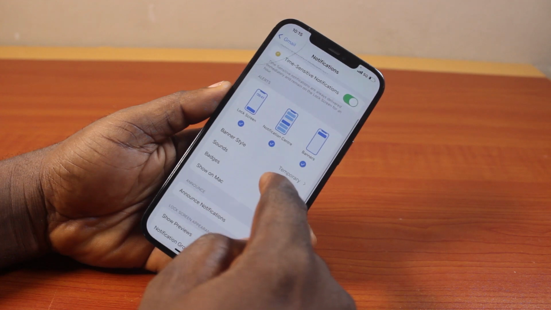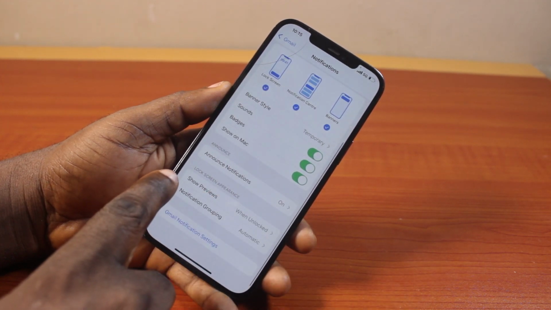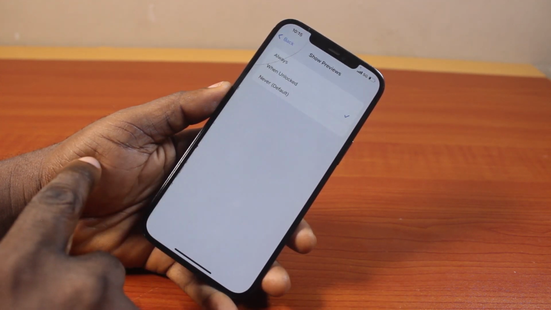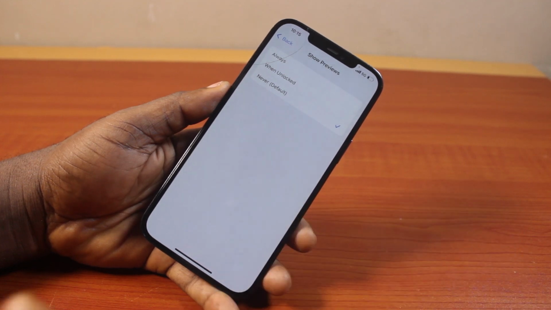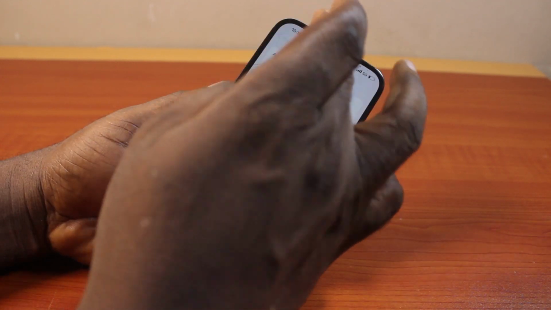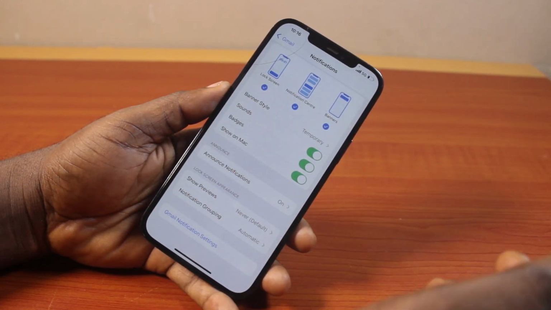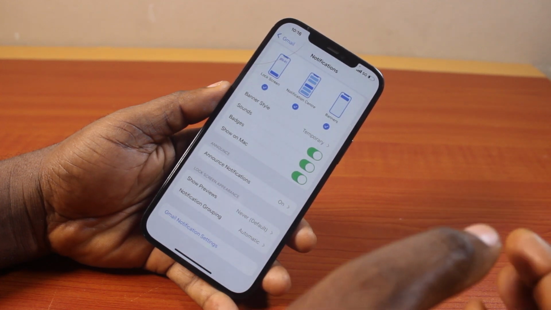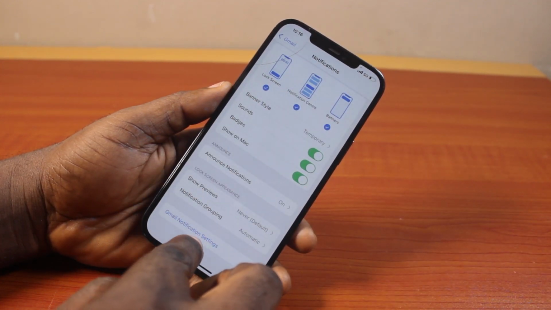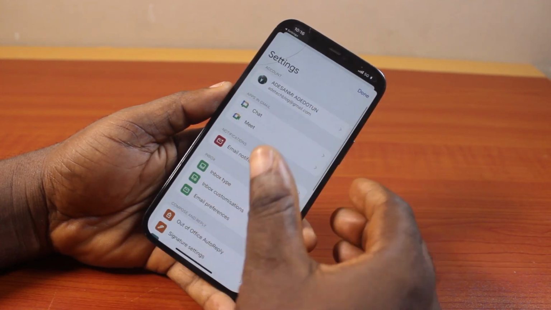Then the banner. Now scroll down and choose show preview. Then click never. This will never show your Gmail notifications even when your iPhone is unlocked. Now to configure the type of notification you receive on your iPhone home screen from your Gmail, just click on Gmail notifications settings. Then here,